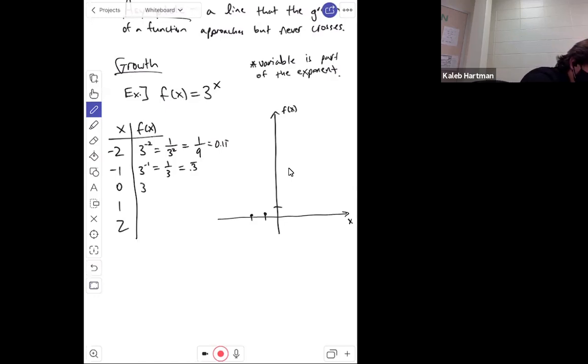So here we're substituting 0 for x. So 3 to the power of 0, anything to the power of 0 is just 1. So this is the ordered pair 0, 1, which is right there on our f of x-axis, or y-axis. Plugging in 1, 3 to the power of 1 is 3. So at 1, we're up to 3. And then plugging in 2, 3 squared is 9. So at 2, we're up to 3, 4, 5, 6, 7,